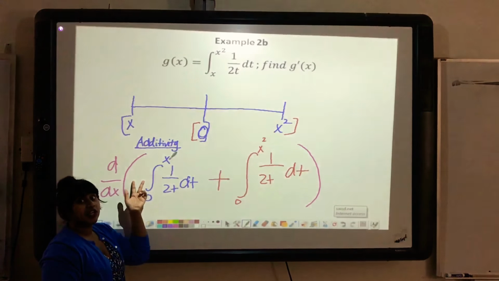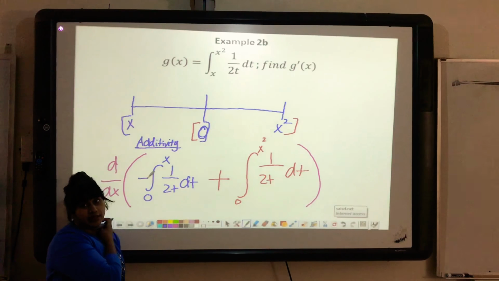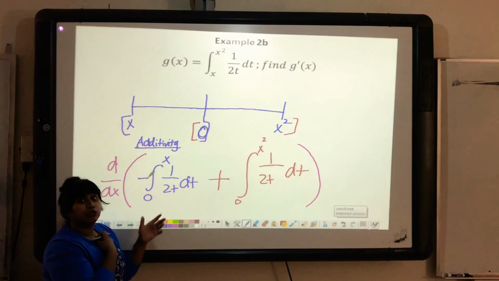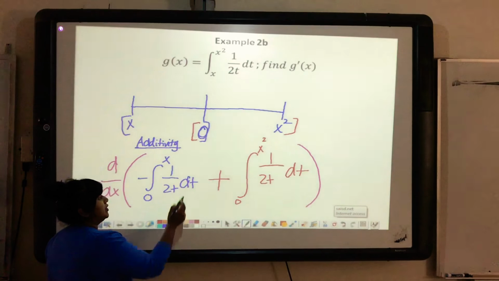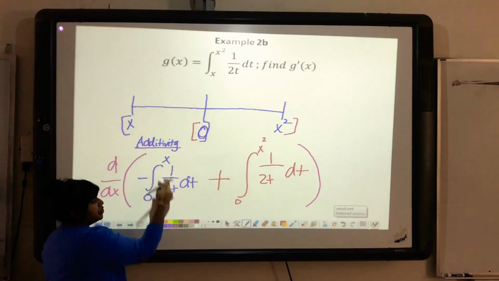I have to change the sign. It's currently positive, so we're going to make it negative. If it were negative, we would make it positive. So now that it's like this, am I ready to go ahead and do our replacements? I sure am, so let's go ahead and do that. So this is going to become negative, can't forget my negative, 1 over 2x